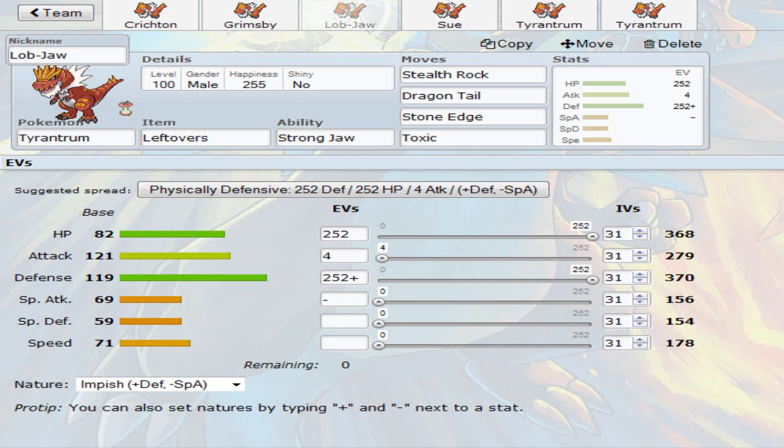I decided to go for Stone Edge because I already have a Dragon move with Dragon Tail. And then I wanted his other STAB, and I didn't want to go with Head Smash because we're trying to live longer. Head Smash makes you die quicker, so that's why I chose Stone Edge over that. And then Toxic, I just kind of threw that on there. I wasn't quite sure what the last move I wanted to have was. I think Fire Fang is what I usually run, but I threw in Toxic on there just to see